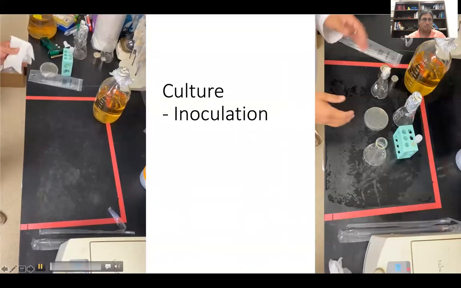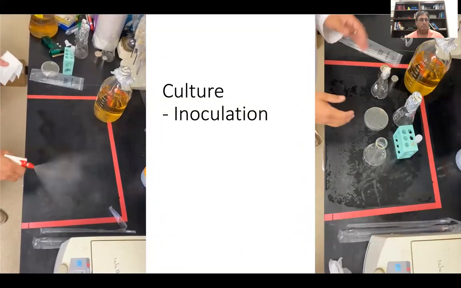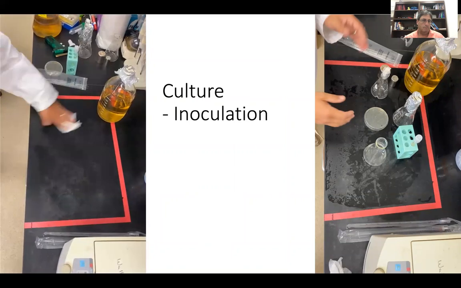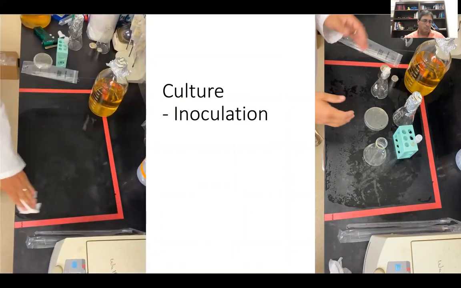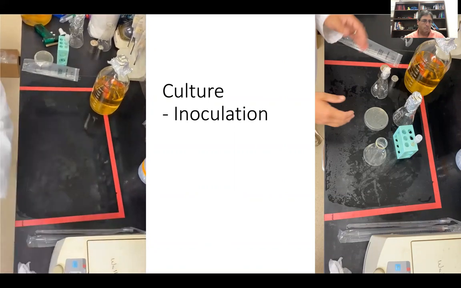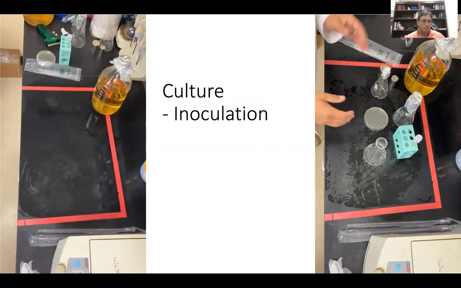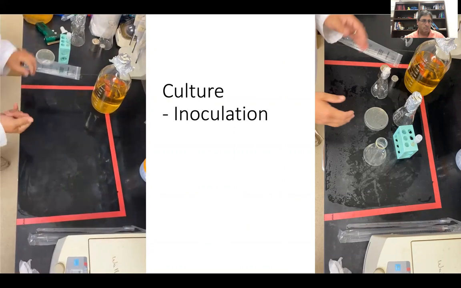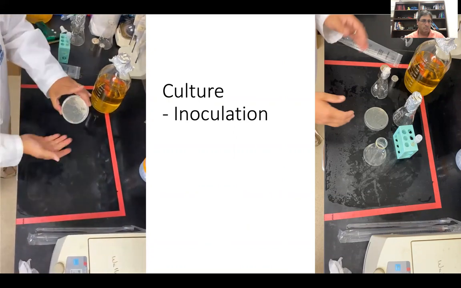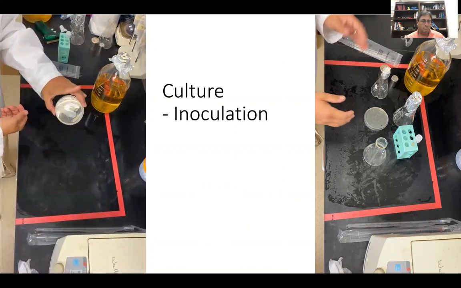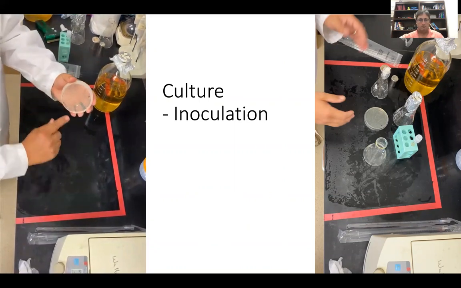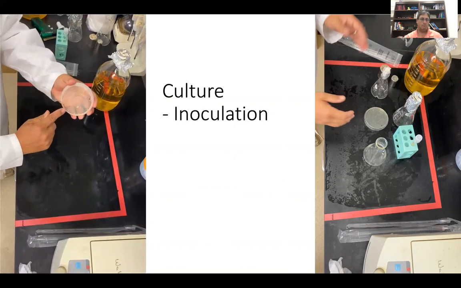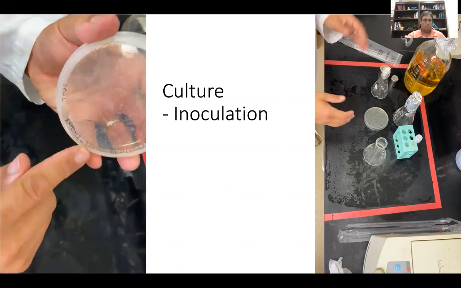All right, so we're going to start by taking a little 70% ethanol or a 10% bleach solution, just to clean off your work area before you start working with the bacteria, and you want to do that afterwards as well. What we're going to do today is take a plate that's already been transformed with cells. You can see on here that it says the name of the plasmid. In this case, it's human malate dehydrogenase 2. And it says